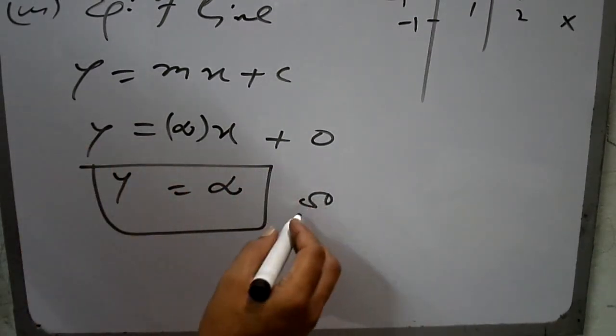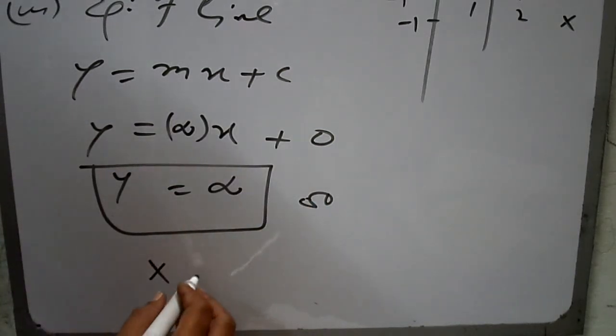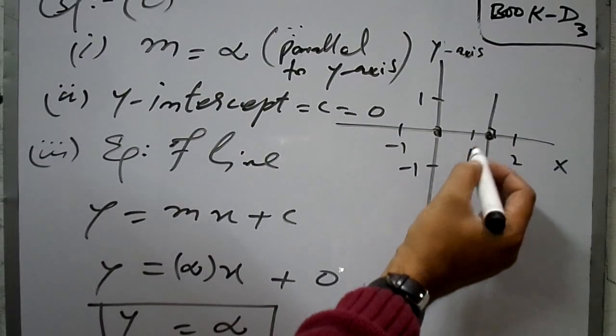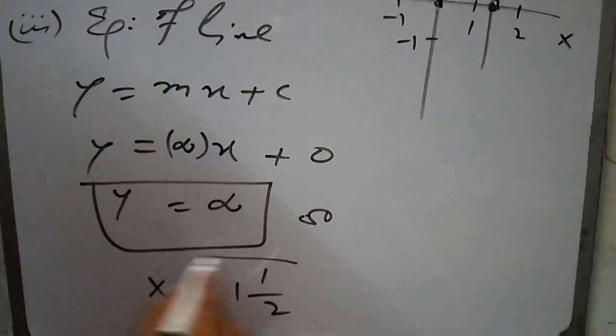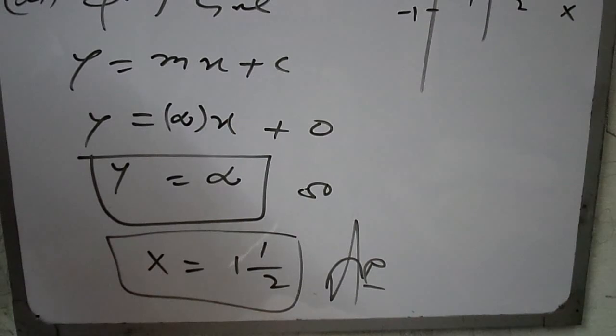Or we can say that the value of x is equal to 1 and 1 by 2. By the figure it is 1 and 1 by 2, because it lies between 1 and 2, so we can say that is your result. Similarly, in D part you can see